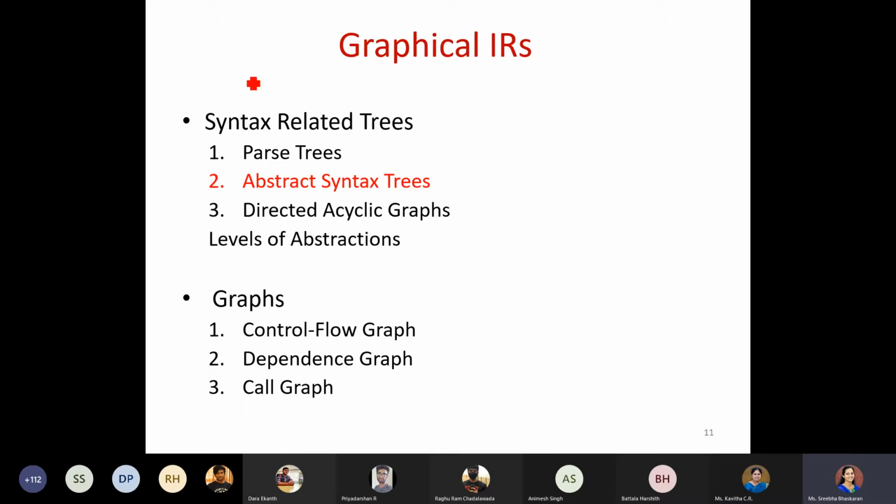Okay. So now you can see, when I talk about the abstraction part, in the parse tree it is very low. There is not much abstraction here in the parse tree. When I talk about abstract syntax tree, there is a little bit of abstraction. That is, a little portion of information has been hidden. When you go with this directed acyclic graph, a little more.